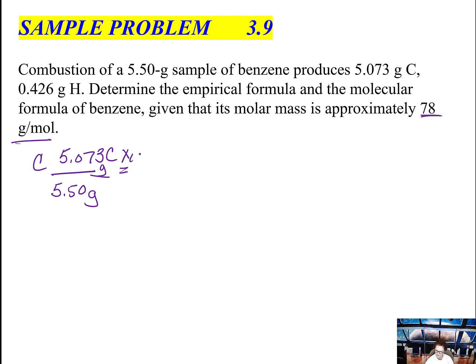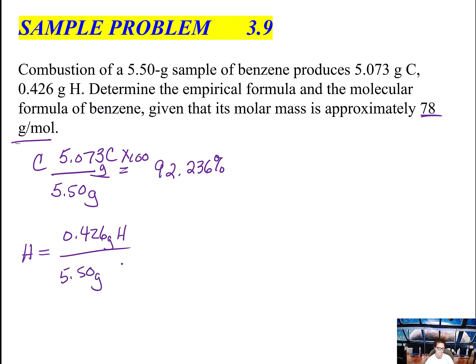Because I'm going to do a percent. And that's going to give me 92.236%. Now hydrogen is 0.426 grams of hydrogen from my original sample, which was 5.50 grams of sample, times 100, and that's going to give me